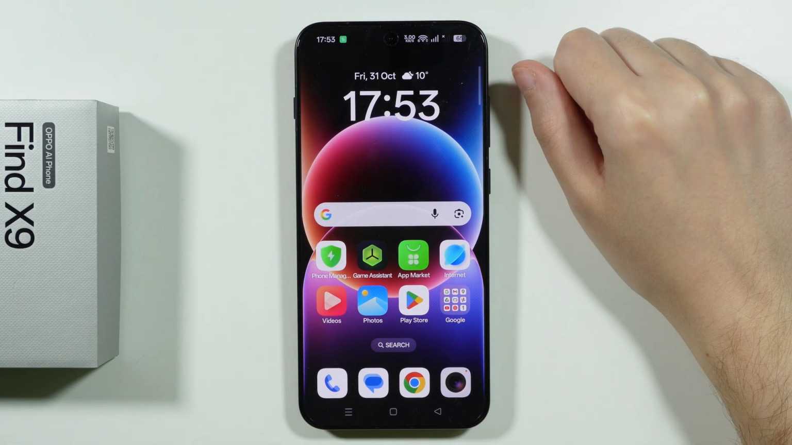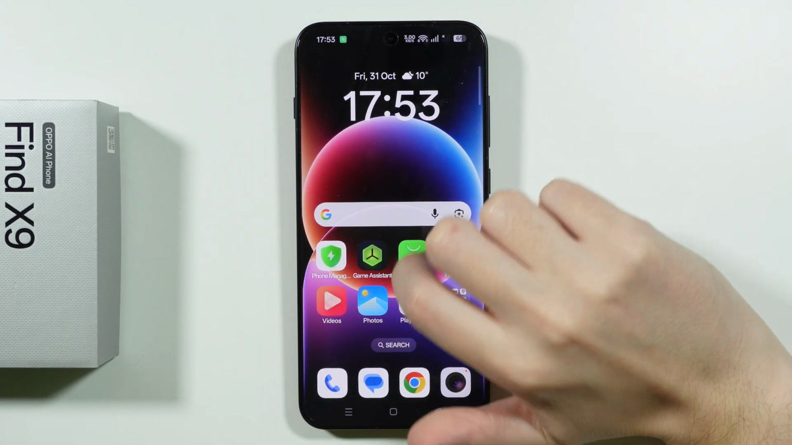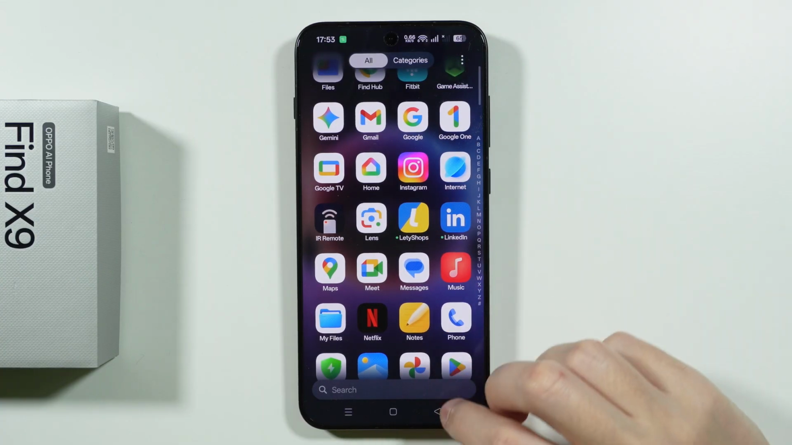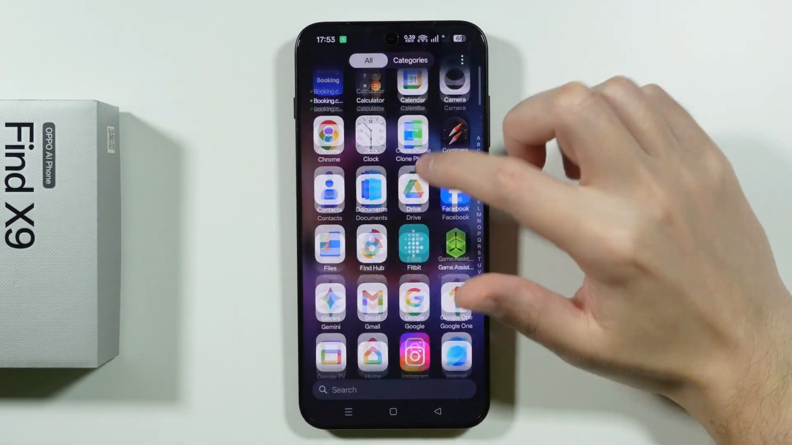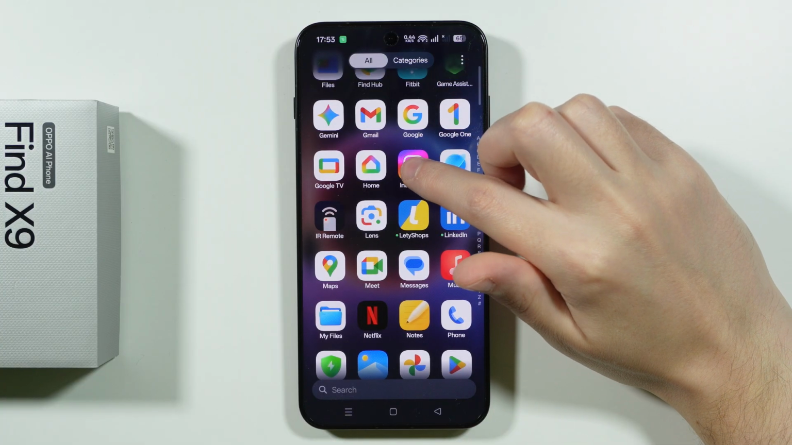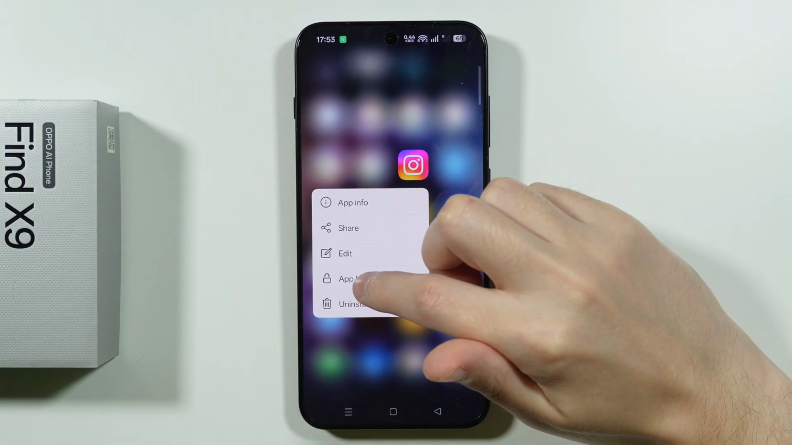If you want to lock an app on OPPO Find X9, it is fairly simple. All you have to do is go, for example, to the app drawer. You can also do this in the home screen as well. And we need to press and hold our finger on the app that we wish to lock. So let's say I'm going to press and hold my finger on this app, and then we can choose App